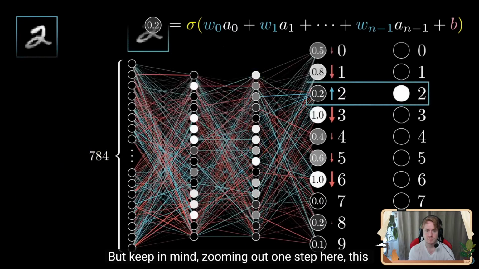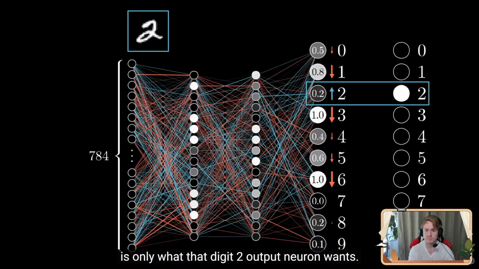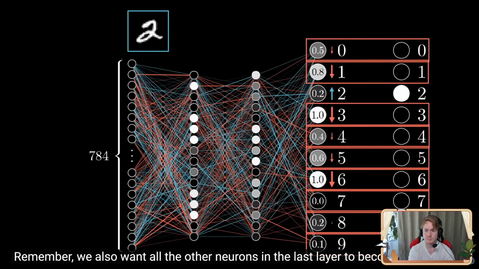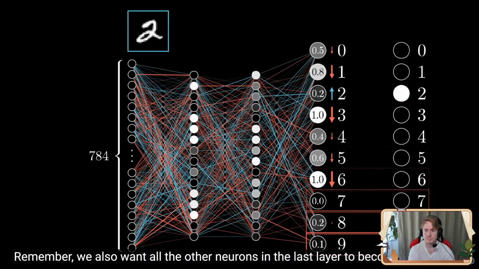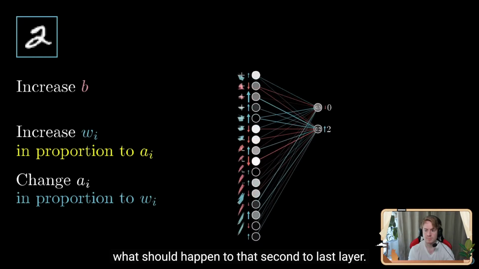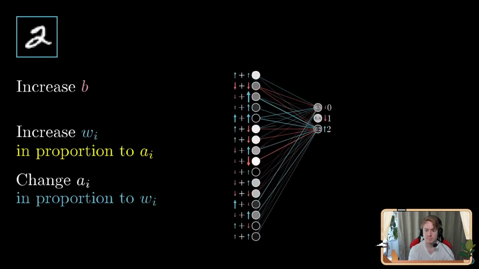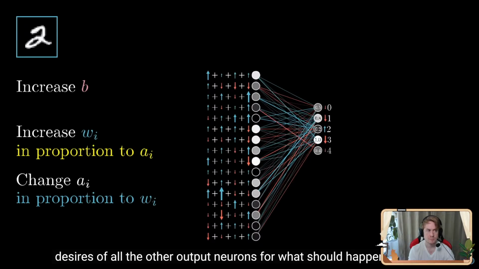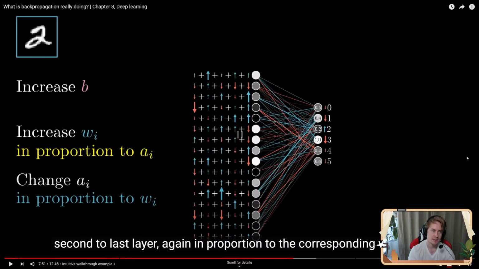But keep in mind, zooming out one step here, this is only what that digit 2 output neuron wants. Remember, we also want all of the other neurons in the last layer to become less active. And each of those other output neurons has its own thoughts about what should happen to that second to last layer. So, the desire of this digit 2 neuron is added together with the desires of all the other output neurons for what should happen to the